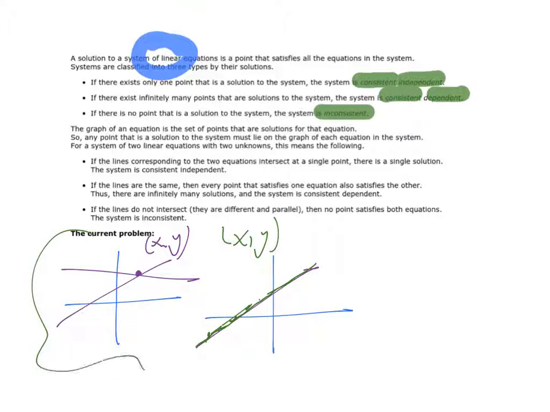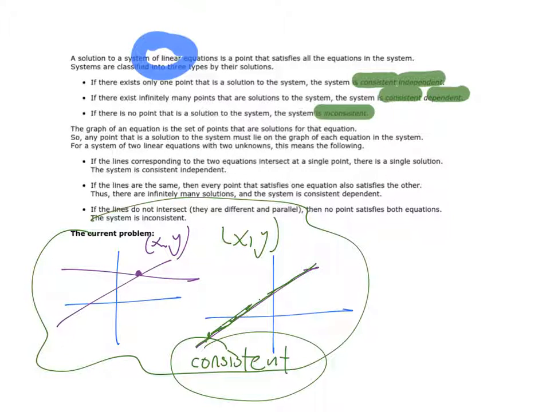So anytime there's some kind of x and y that make there be a solution, we say that that is a consistent system. If we can find a pair of x and y values that make both equations true, if we can find a solution, it's consistent. The difference is if there's just the one solution, that's called independent. And if there's infinitely many solutions, if it's one line on top of the other, that's going to be the dependent